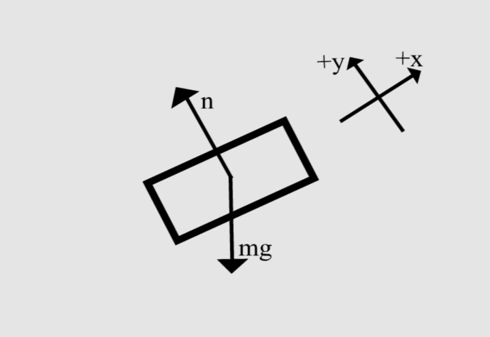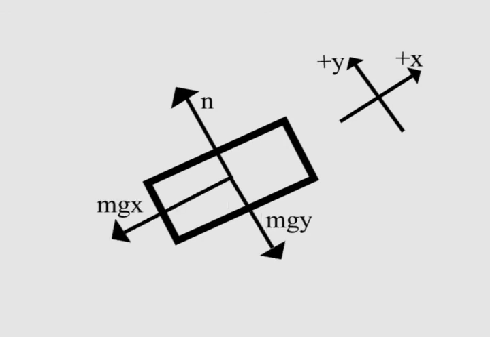Once again, in this problem, we need to break up the forces. But we're not going to break up the normal force. Normal force is already in our coordinate axes. Instead, we need to break up gravity. Once again, we're going to be using trigonometry with theta to break up gravity into its components. The negative x component will be mg sine theta, while the negative y component will be mg cosine theta. And once more, we're done with